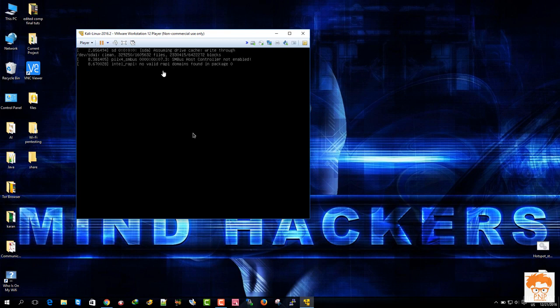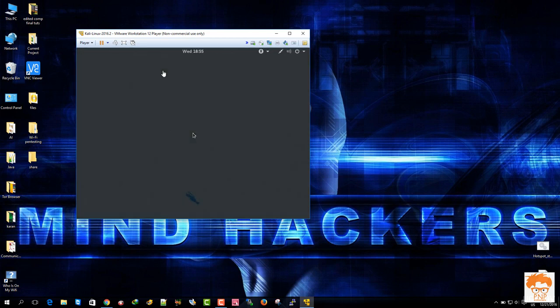The only way to provide internet access to our virtual machine is to use the LAN cable, okay? If you make use of an external USB Wi-Fi adapter, then you will only be able to use it for one. Either you can use that external USB Wi-Fi adapter for your laptop, or you can use it for your virtual machine. So it's better to use the LAN cable because it will provide internet access to both of the operating systems. Let me enter the default username and let me enter the password.